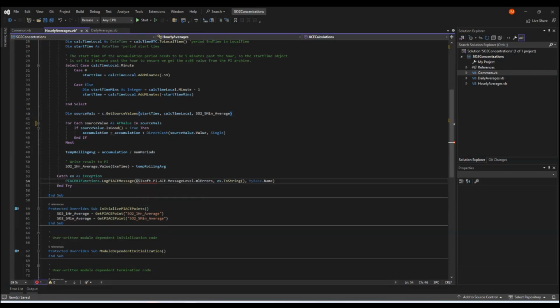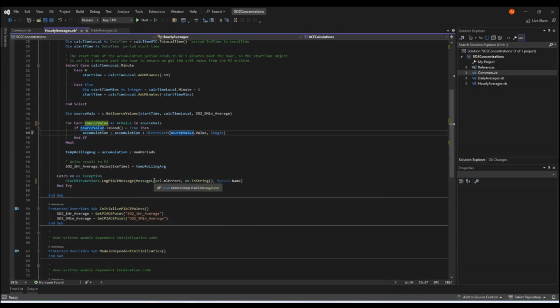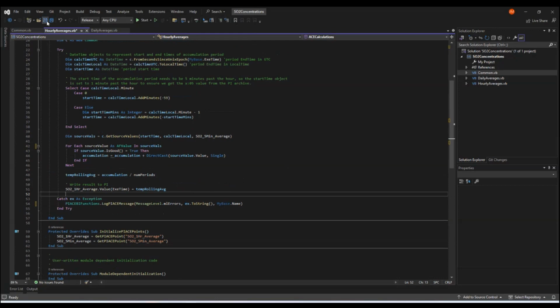In the gSharp implementation, we can just get rid of that altogether, and that will resolve to the appropriate message level. And again, those message level enumerations are exactly what you would be using in your existing PyAce code. So that particular module is now complete.